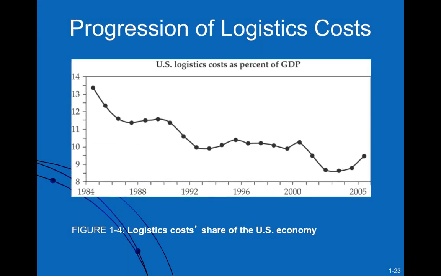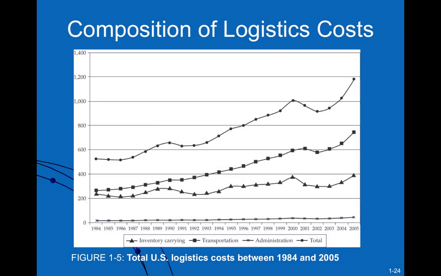All right. So what's happening in terms of logistics costs? Well, as technology offers us a lot of capabilities over time, we're beginning to see costs declining, and that's really the trend that has happened over time. All right. What's happening in terms of the composition of logistics costs? So for inventory, transportation, administration, we're seeing what's happening in terms of the relative composition of those different aspects, and we've seen that